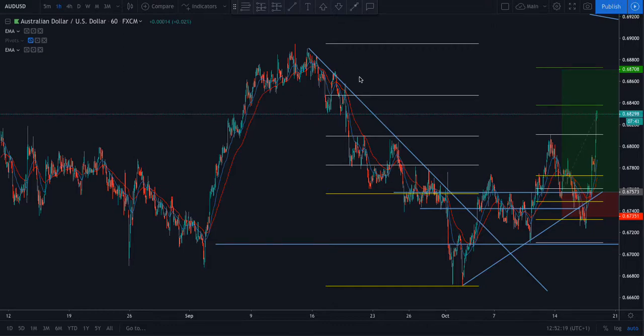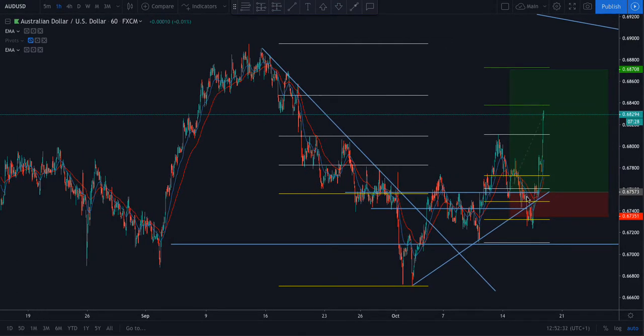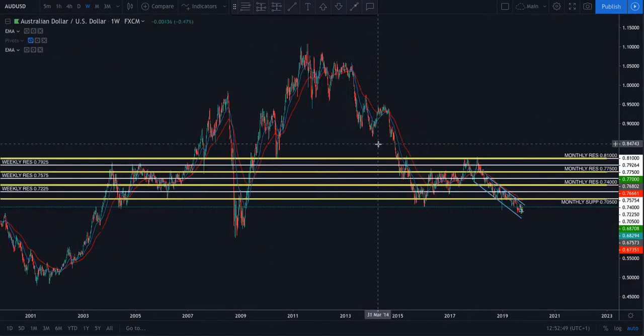Quick video here, guys. So I just want to break down a quick 1% loss on Aussie dollar. There were quite a few confluences for this. I've taken 2 losses on this, and then just after this video I'll post the third entry, which is in profit at the moment. So I'll start with this, and then we'll make our way to the next video, which will show the profit. Starting on the weekly,